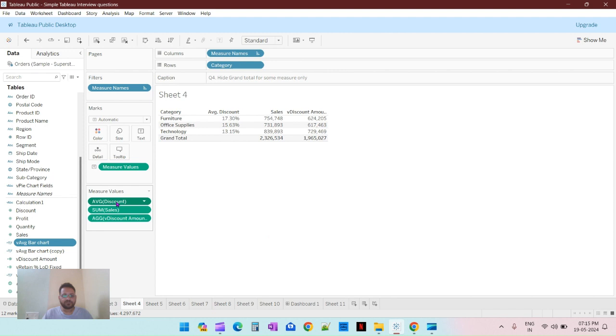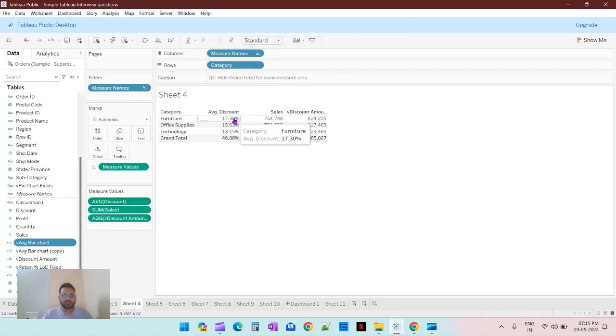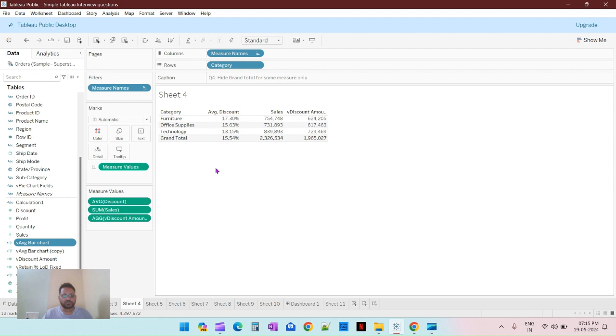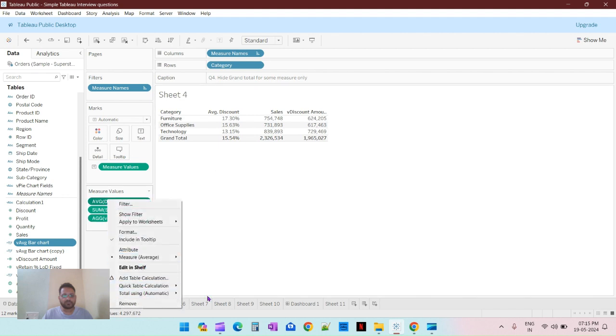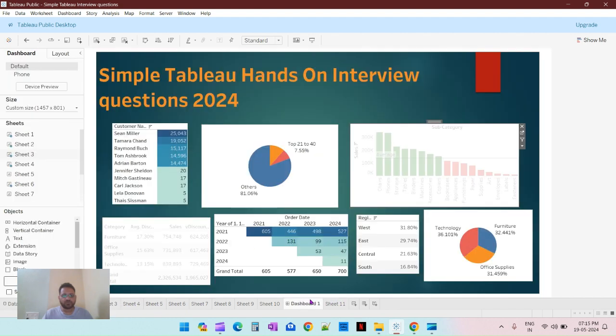In this option, if you can see, there are multiple options as well. If I add Sum, then it will show me the summation of these three, not the actual sum, but it calculates a bit differently actually. So either use Automatic or we can hide it. We don't want to show this, so we will hide this. So we will move to our next question,